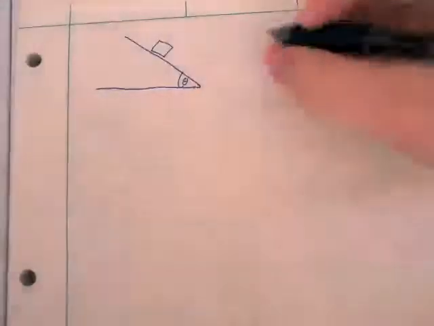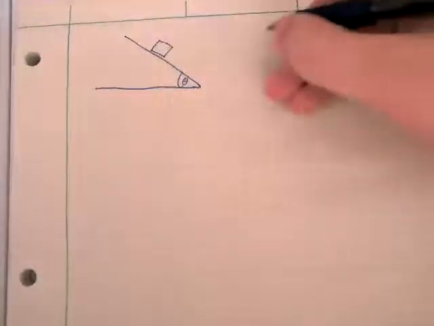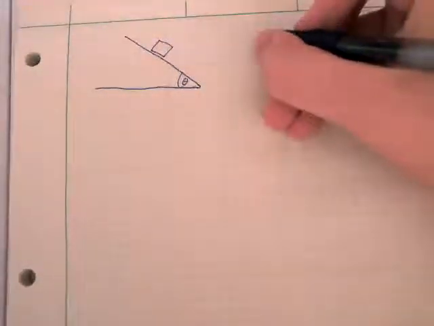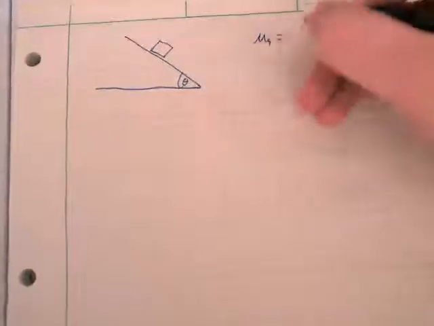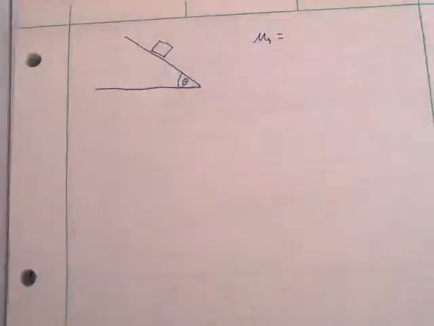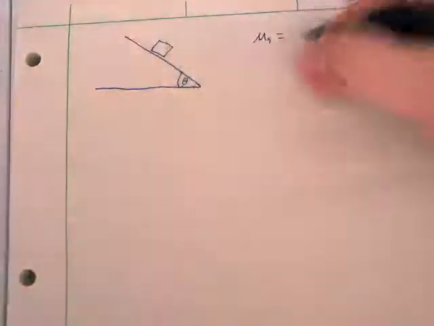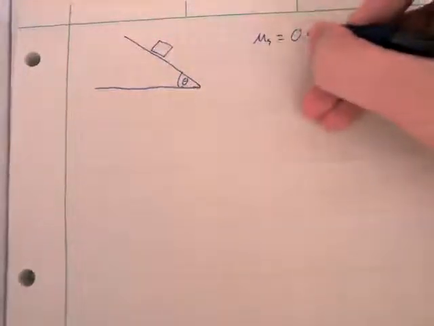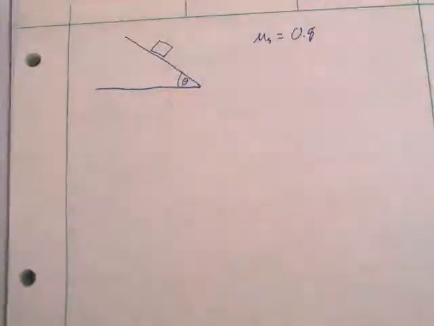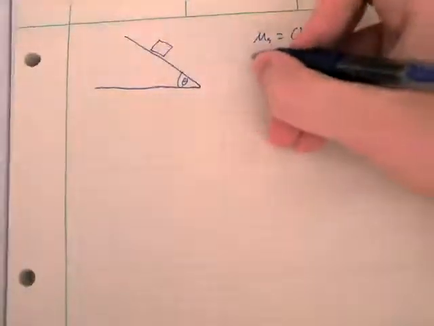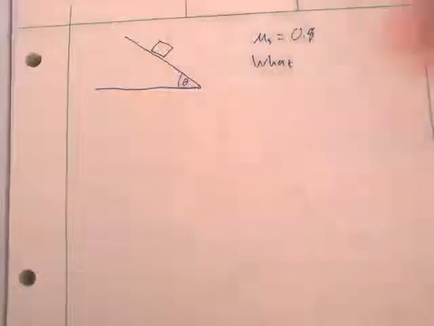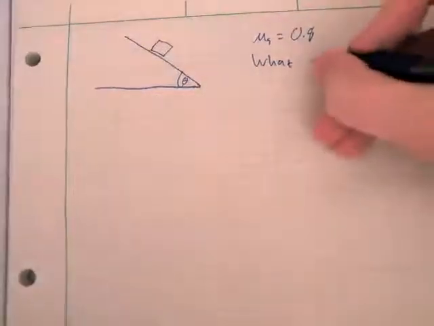So we have some angle there, and what we know is the coefficient of static friction. I'll go over the difference between static and kinetic friction here in a second. The coefficient of static friction between the box and the truck, right, is going to be 0.8. And what I want to know is, when does the box start sliding? What angle